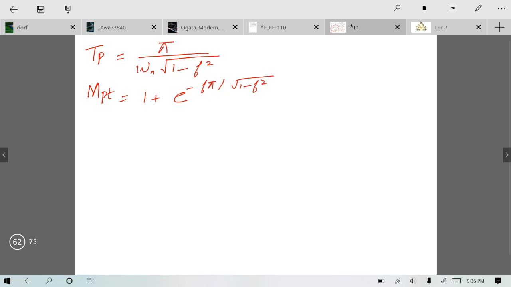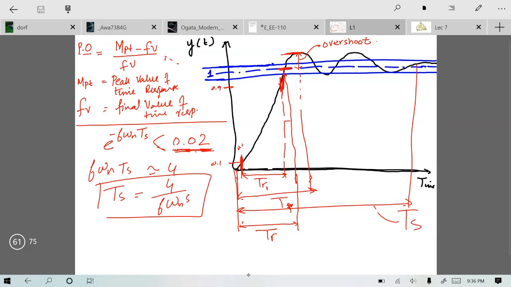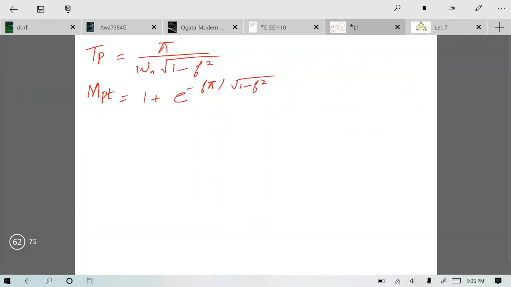And by substituting this MPT value, I can write percentage overshoot as 100 into e raised to the power minus zeta pi divided by square root of 1 minus zeta square. So if you are given a characteristic equation, you can find zeta and omega n from